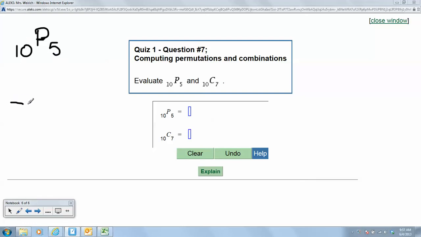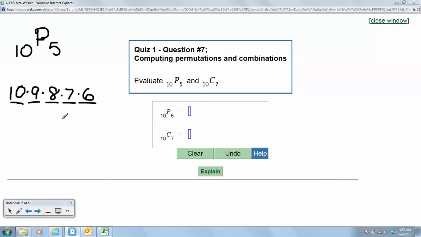So the way I teach it is I would show that there are 5 different blanks because of this 5 number here. And then because of this 10, the first choice, you actually have 10 to choose from. And then you chose one, so you would have 9, and then you'd have 8, and then you'd have 7, and then you'd have 6. And you'd stop there because you're only choosing 5 things. After you multiply this number together, you're going to get a very large answer, but that large answer would be